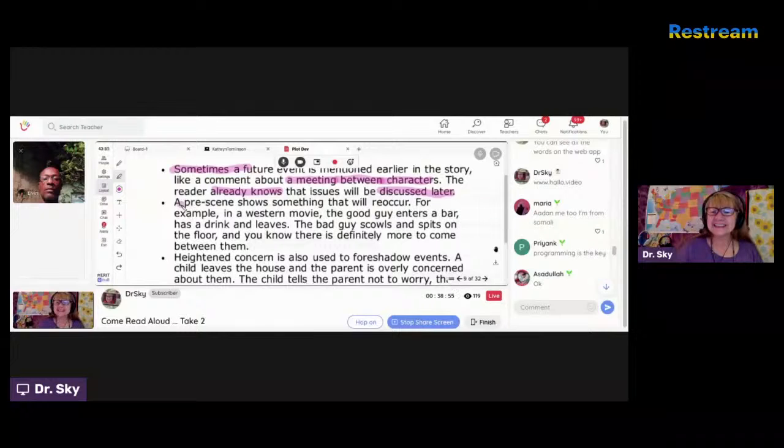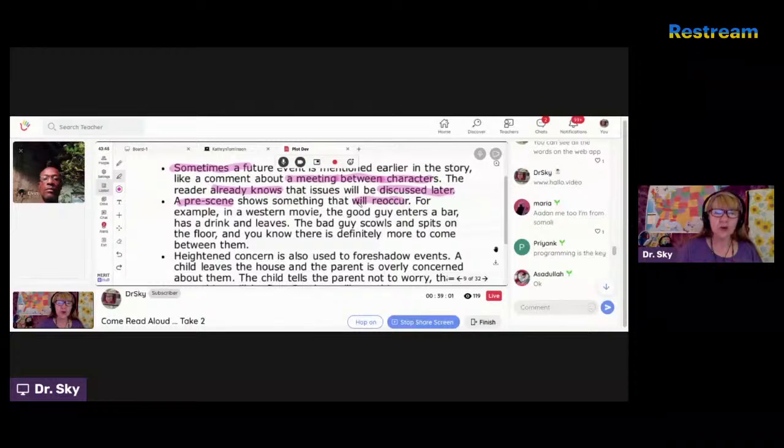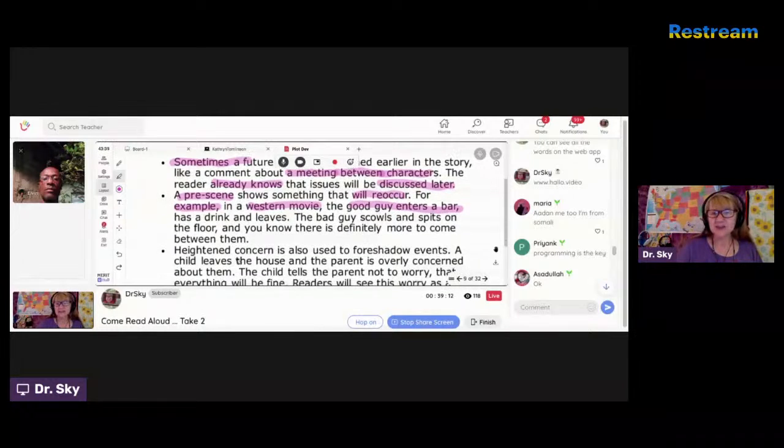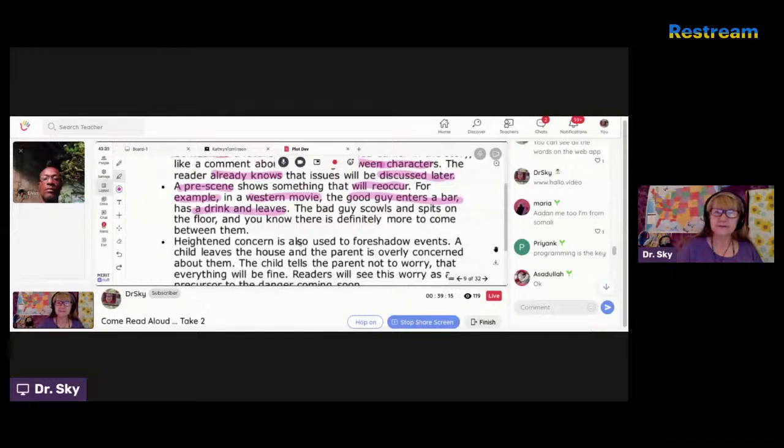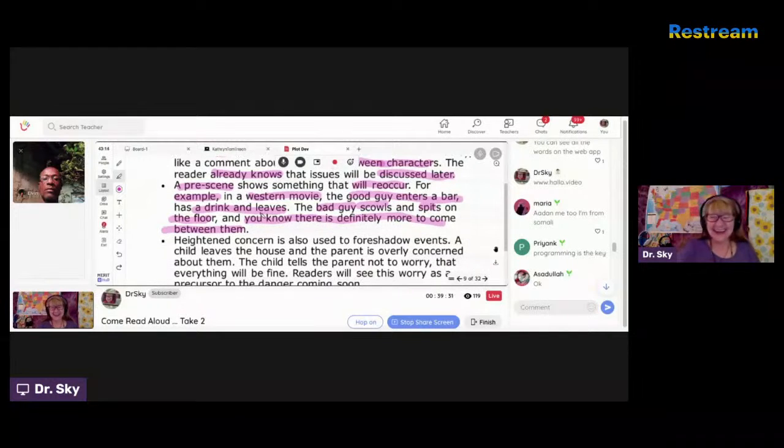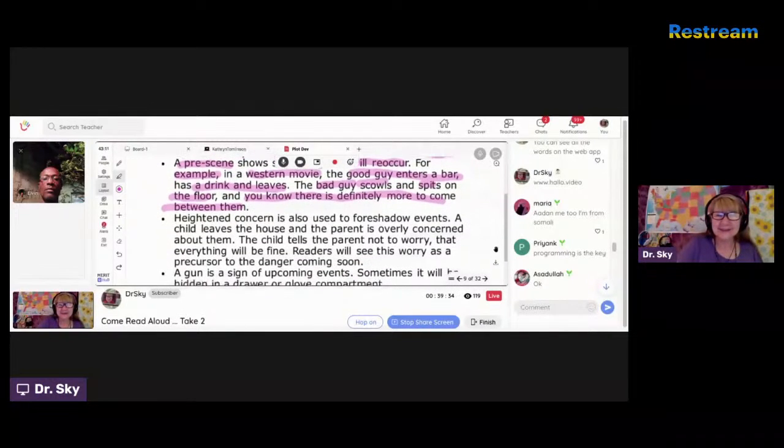A pre-scene shows something that will reoccur. For example, in a Western movie, the good guy enters a bar, has a drink, and leaves. The bad guy scowls and spits on the floor, and you know there's definitely more to come between them. If you've seen a Western, they're so fun.